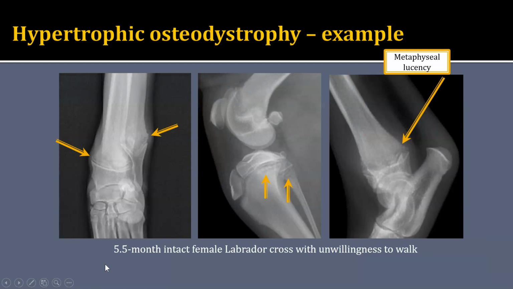Here's a different patient. This is a 5.5-month-old intact female Labrador cross who presented with unwillingness to walk. And this patient has evidence of early hypertrophic osteodystrophy in several bones. So this is our craniocaudal view or DP view of the carpus distal antebrachium. And if we look at this distal radius, we can see the transversely oriented radiolucent zone, also a faint one